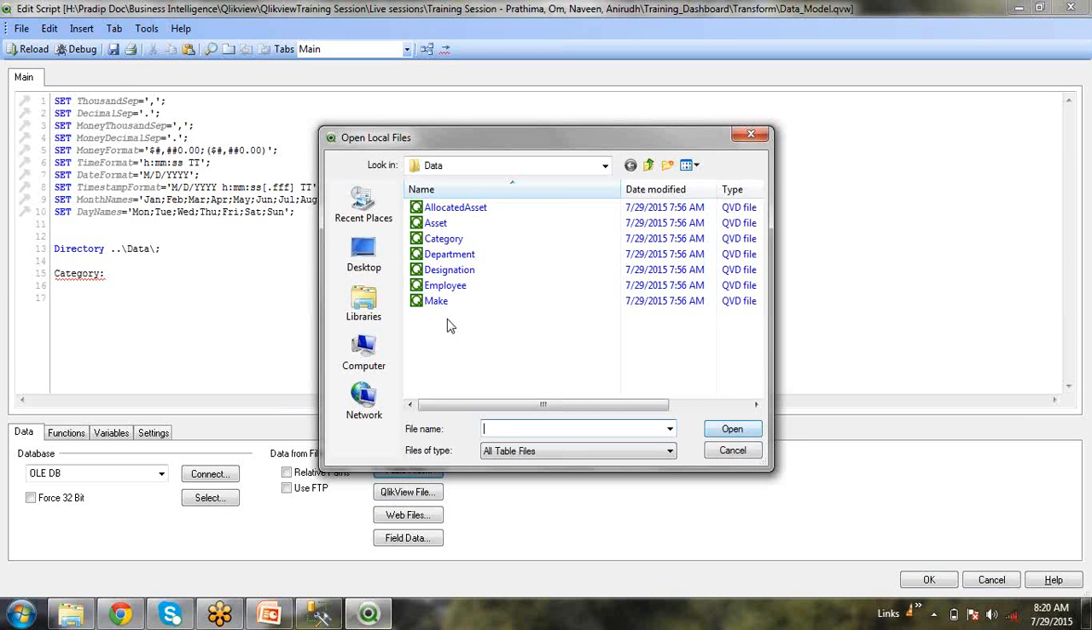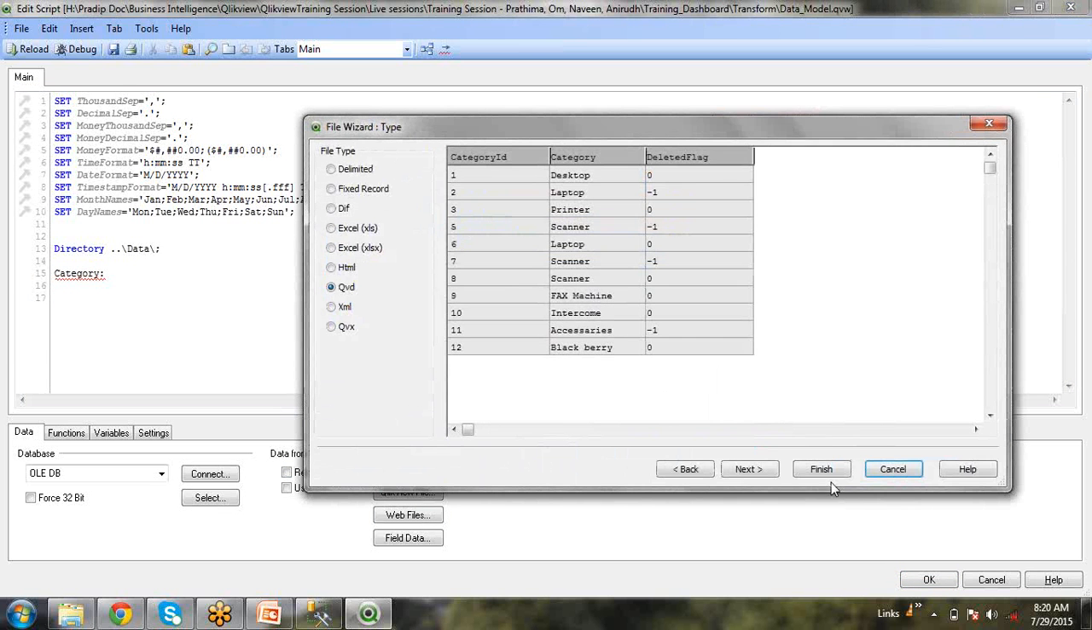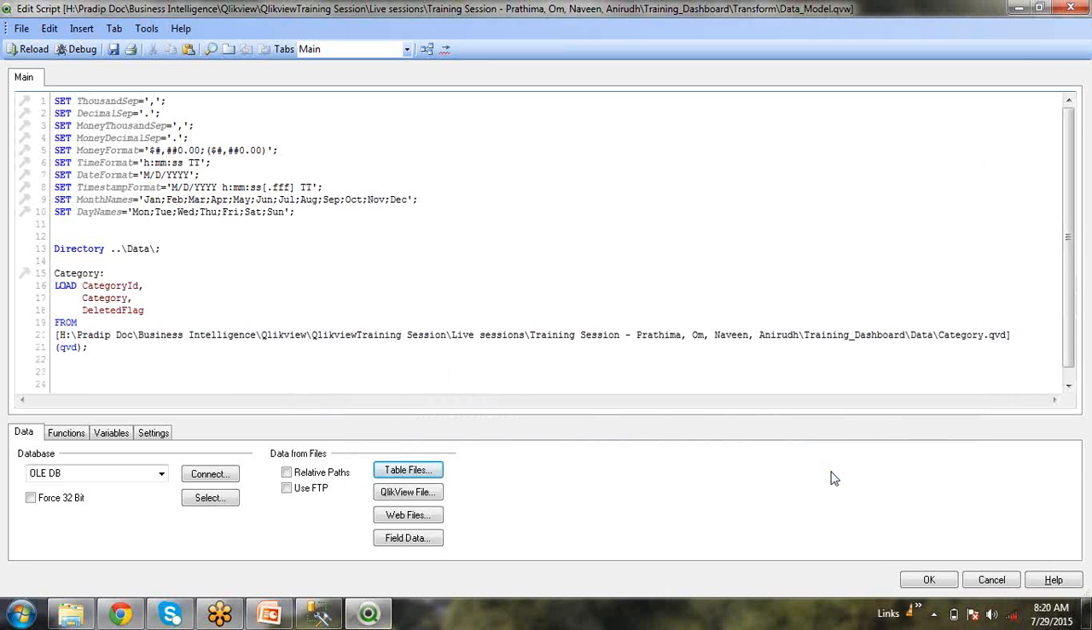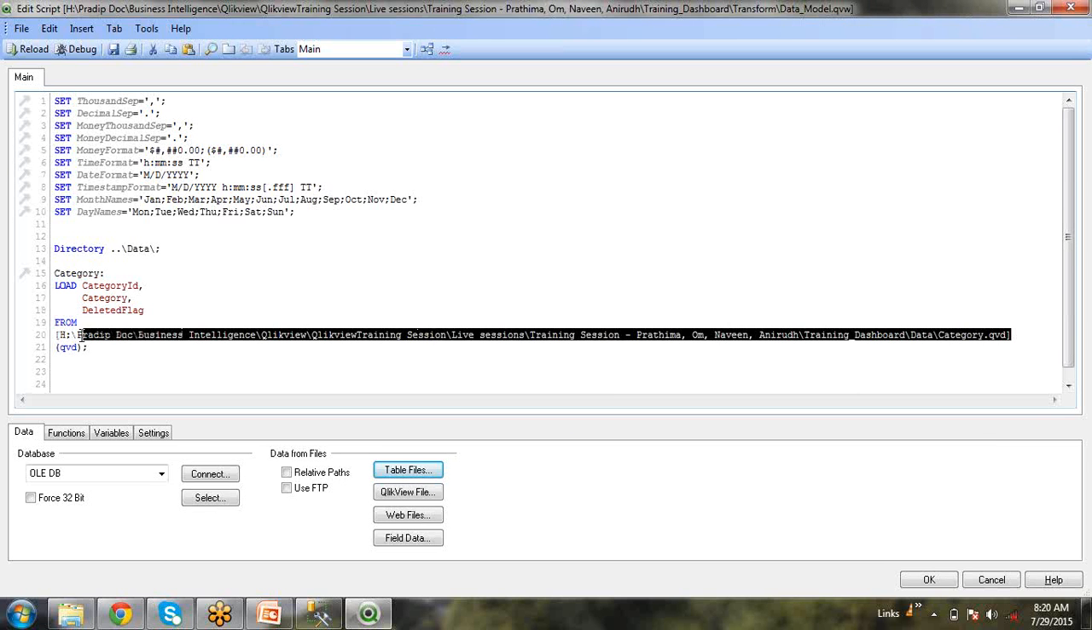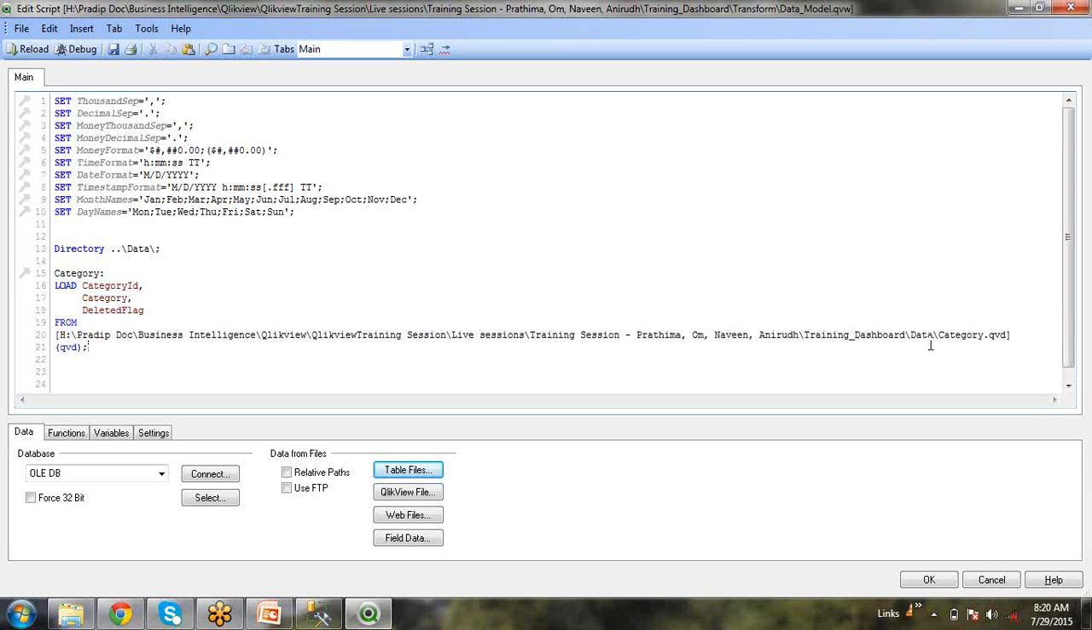Total file, table file, category. Finish. What is this path? Okay, got it. This is called the physical path, which is not recommended. Why not recommended? Because